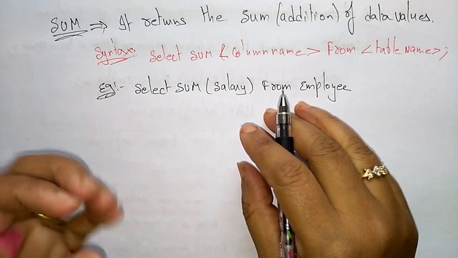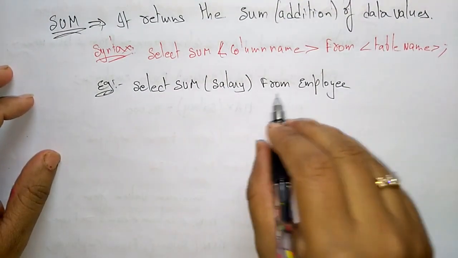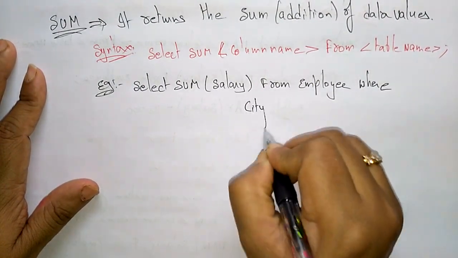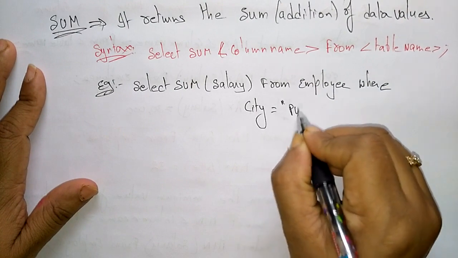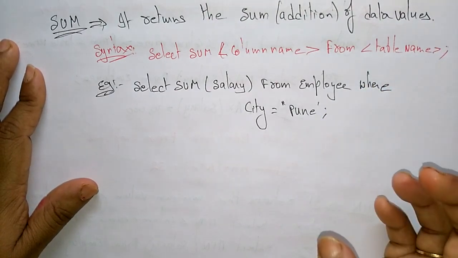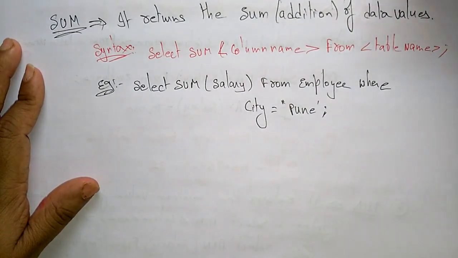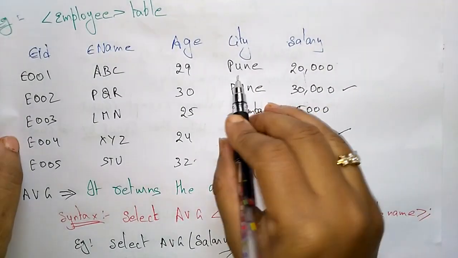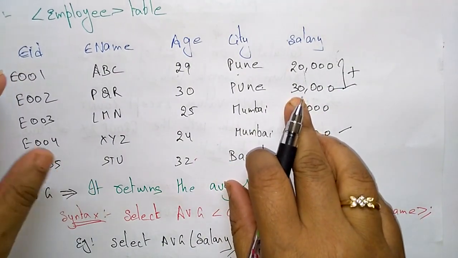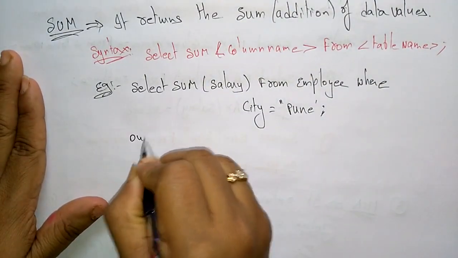This structured query language is just like a simple language. The name itself says we are just asking select sum salary from employee, and here we are mentioning some condition where city is equal to Pune. Means if you want you can give the condition. If you don't give the condition, it calculates the total salary amount that is present in the table. Suppose for this syntax, select sum salary from employee where city is equal to Pune, means only for the city Pune it calculates the salary. So 20,000 plus 30,000, it gives 50,000. So the output for this is